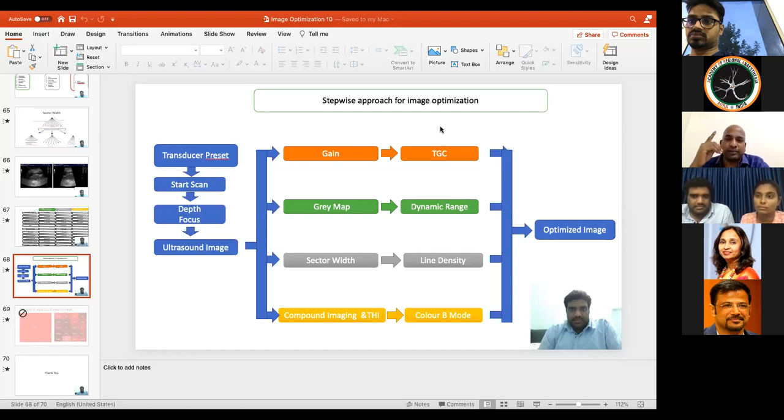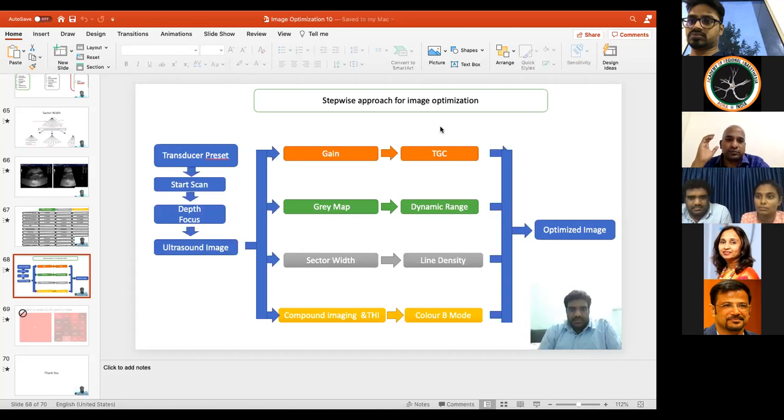The only parameter that determines this is the angle of insonation. So we have to hit our target of interest at 90 degrees so that we will get maximum echoes coming back to the probe and get a better image. To get our angle of insonation close to 90 degrees, we have to handle our probe. That is done by PART maneuver.